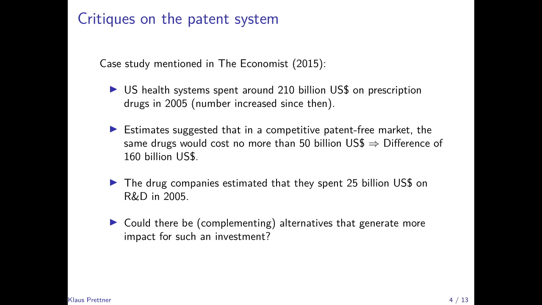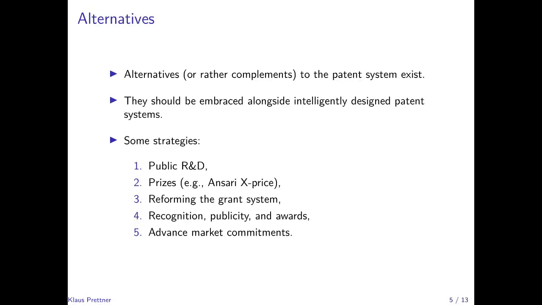So the question overall emerges whether there are certain alternatives or perhaps better complementaries to the patent system that generate more impact for the societal investment. And the good thing is that the answer is yes, there are many such ideas and mechanisms that can be used as complements to an intelligently designed patent system,